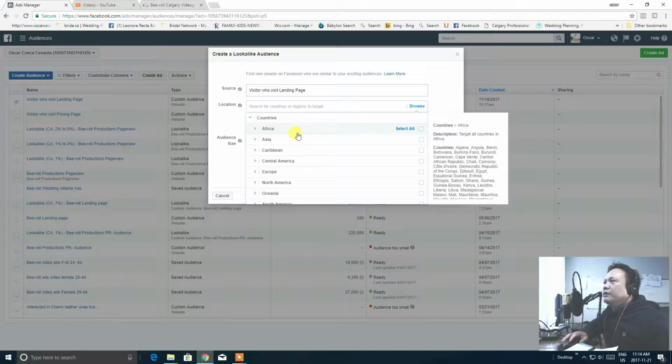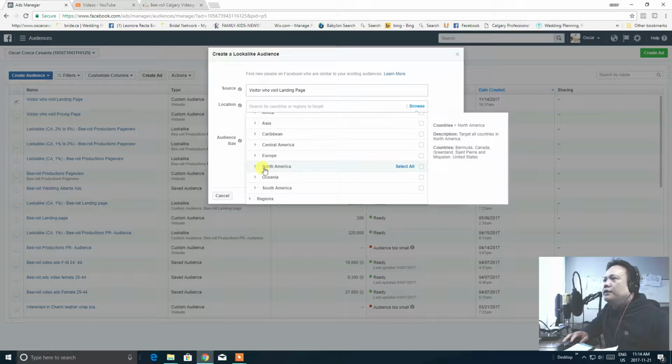So if you are selling products or services just on a local basis, just target the place or country that you want to have on your ads.